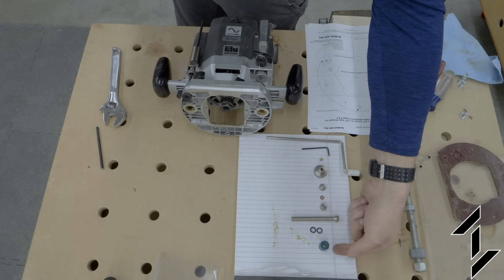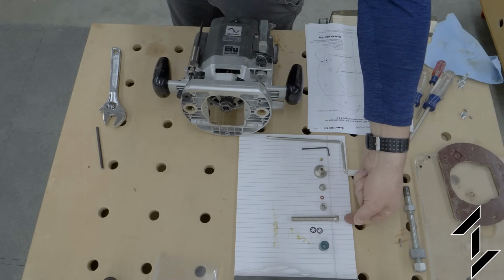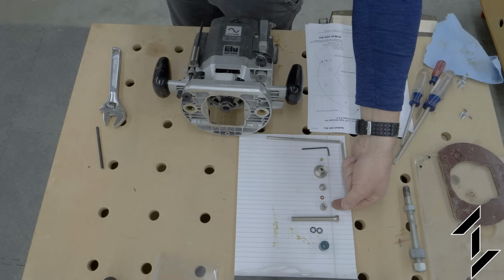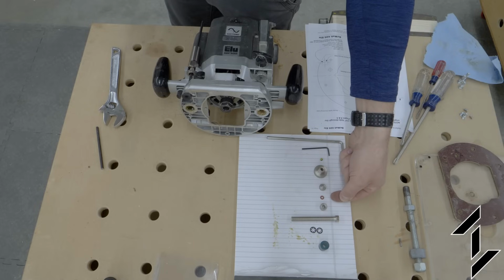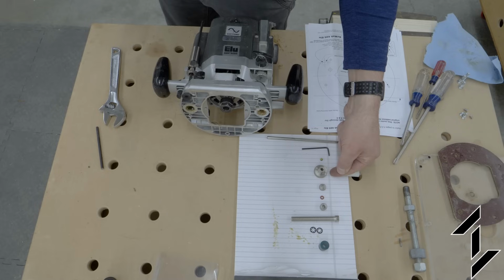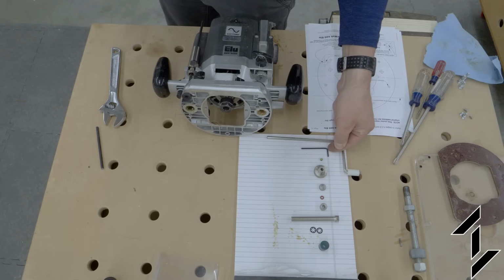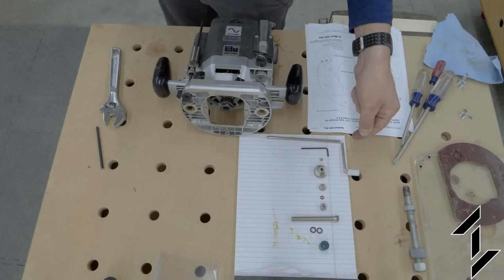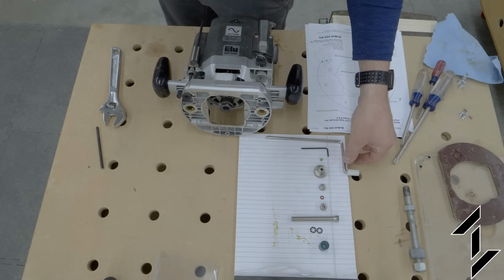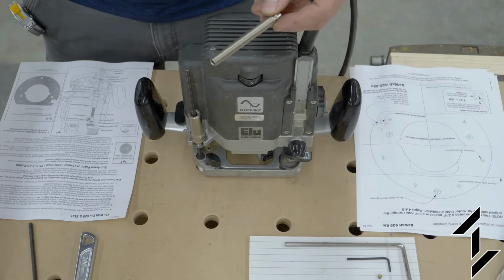For the next step, we'll need number 12 green bushing, 2 number 15 retainers, 21 lead screw, 22 rapid collar, 23 red O-ring, 24 thumb screw, 26 top drive, 27 yellow set screw, 28 Allen wrench, some grease, and the 29 speed wrench. We'll put some grease on the 21 lead screw